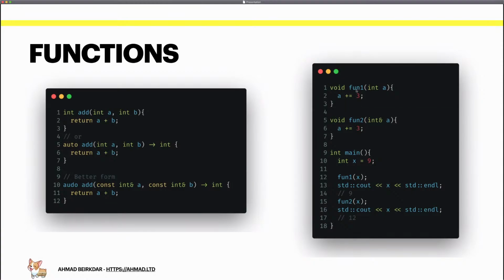So I have a void function fun1, and its int a is getting passed in just as a value, so passed by value. And then right here, fun2 is getting passed by reference. And right here, I'm incrementing a by 3 in both functions. So if I have an int x right here, and it's 9, and I pass x into fun1, which is not passed by reference, and I print out x, it's still 9, even though I incremented here,